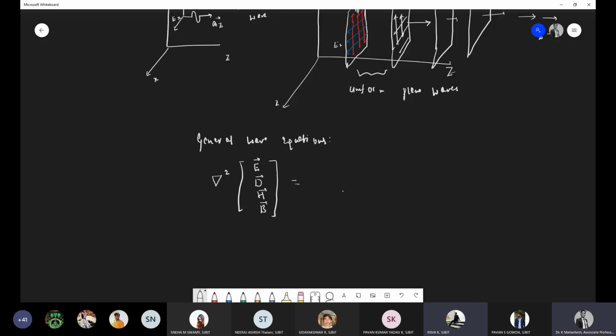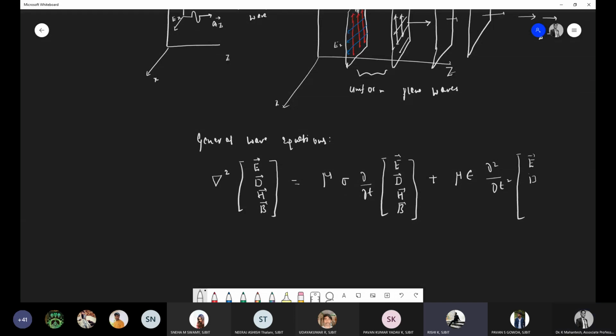is equal to mu sigma, its conductivity, over dou by dou t of E, D, H and B plus mu epsilon dou square by dou t square of E, D, H and B. So this is a general wave equation,